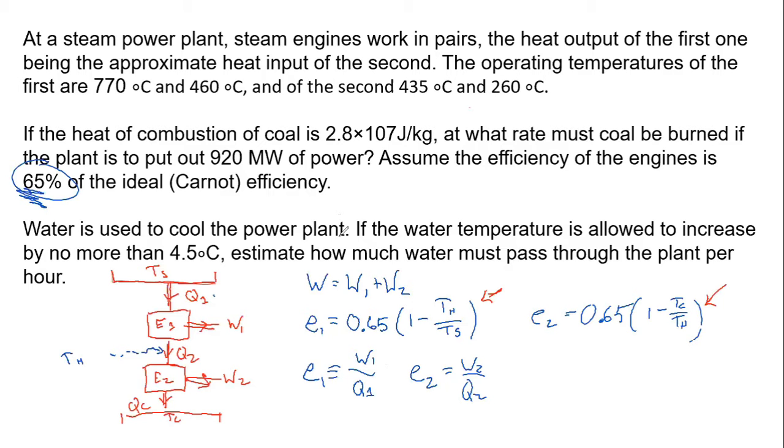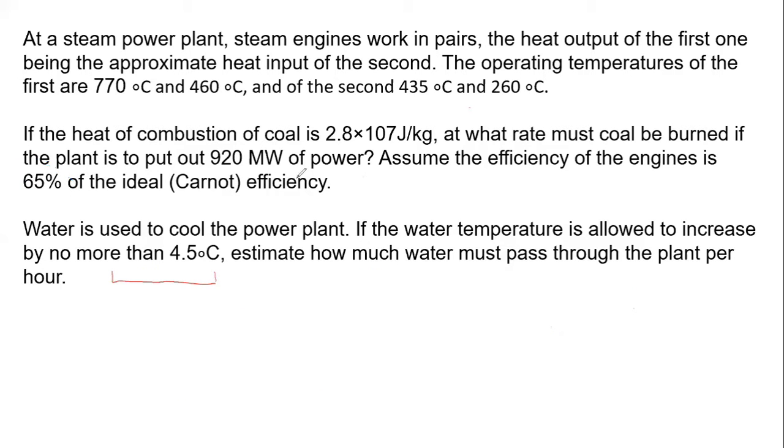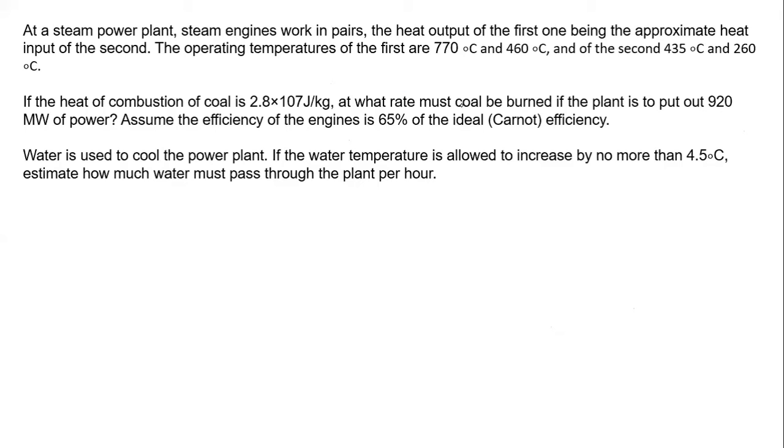And if you make a little mistake, you just keep typing stuff into the computer and it doesn't say yes because you used percent instead of a fraction. So this is one of those problems. I would make sure I do all the little parts of it correctly. Ultimately though, what you end up with is you've got to finally find the amount of coal and the amount of water, which turns into, and I think this is what gets people on the last step, a units problem where the heat of combustion of coal is something, which essentially means the joules per